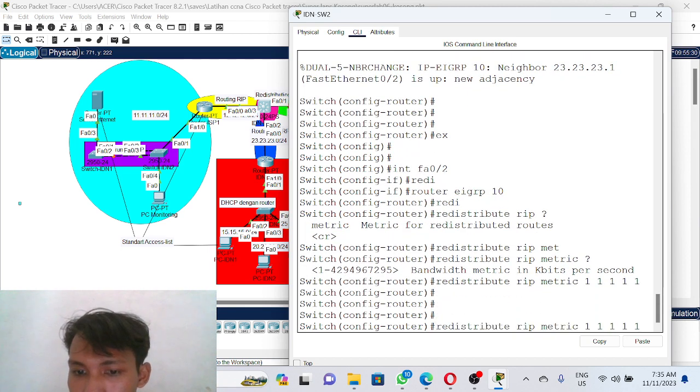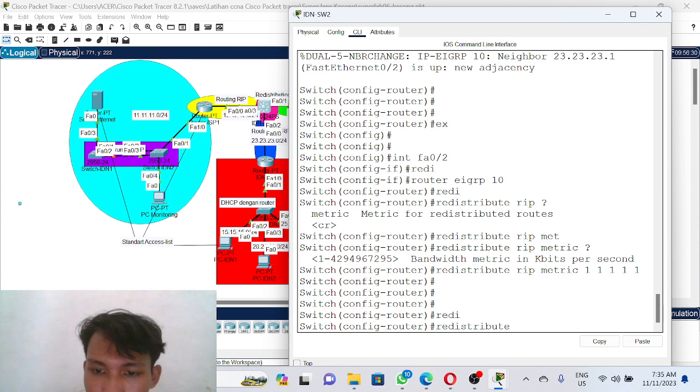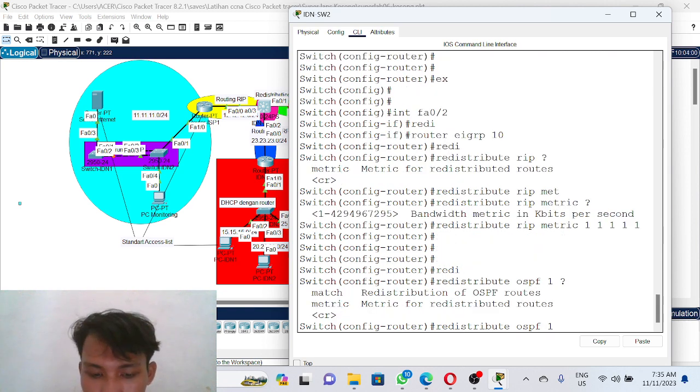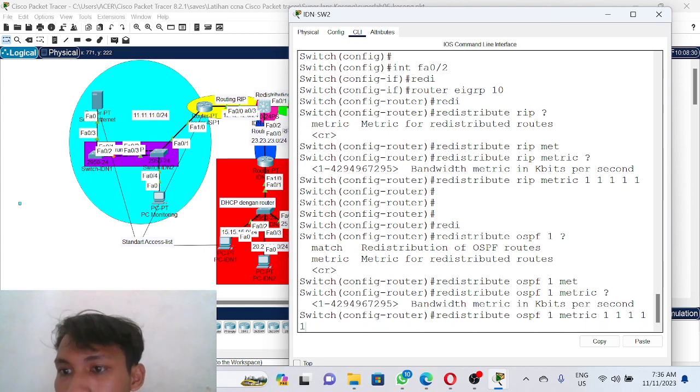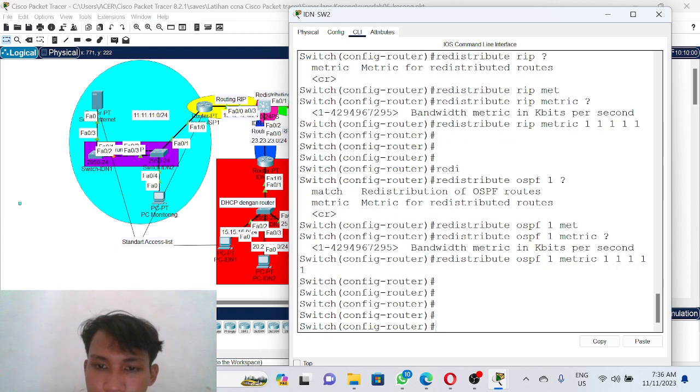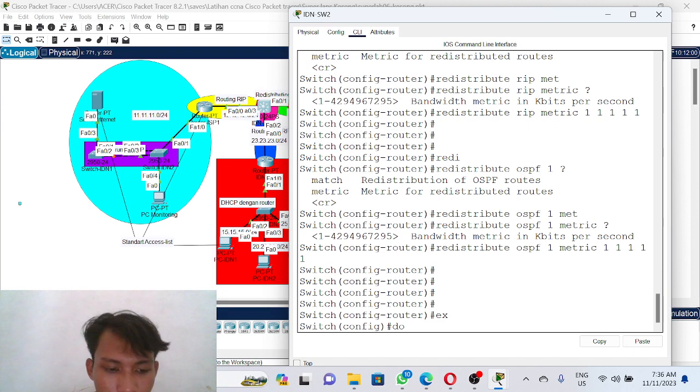Then we redistribute OSPF, OSPF 1, question mark, metric, question mark, 1 1 1 1 1. Okay, enter. Exit, write.